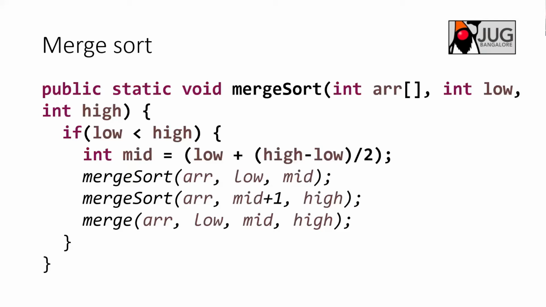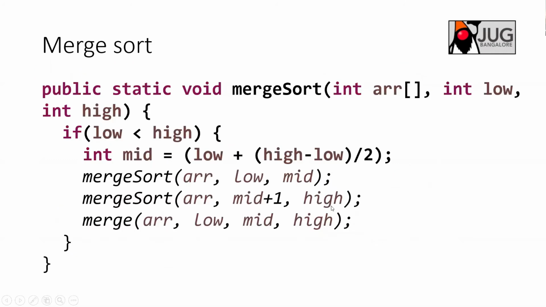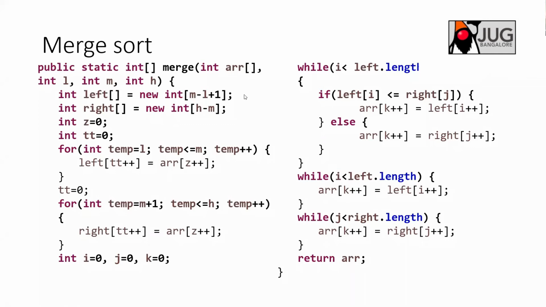So basically what you have is the main array that has been passed, and this is the left, which is 0. This is the middle element, or you can calculate the middle element, because the way my function is written, I am passing the middle element. That is the reason I am only concentrating on the merge. And this is the high, which is the last element.